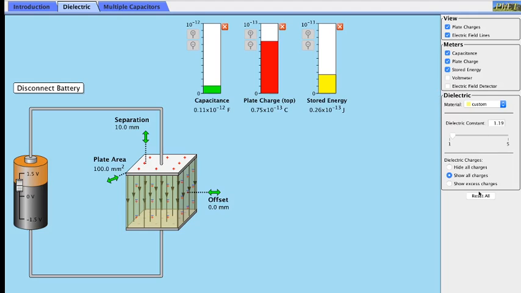Okay, so sa dielectric charges, meron kayong option na hide all charges, show all charges, or show excess charges. Okay, so if ma-hide, of course, walang charges yung pinasok mo na dielectric material. If meron namang charges, so show all charges, show excess charges, so ganyan. Ganyan lang. So if you want to view what happened to the charges inside the dielectric, so depende lang din sa lab manual mo kung anong specify na gusto niyang makita. Okay,